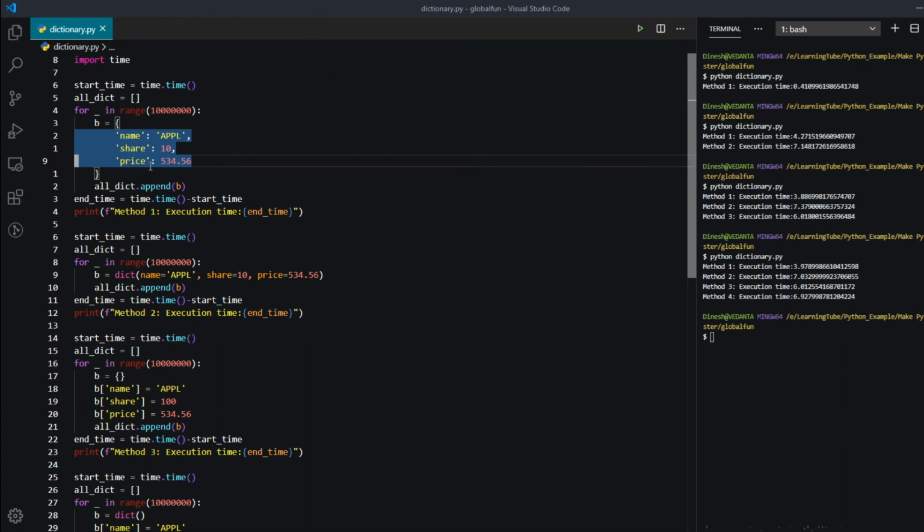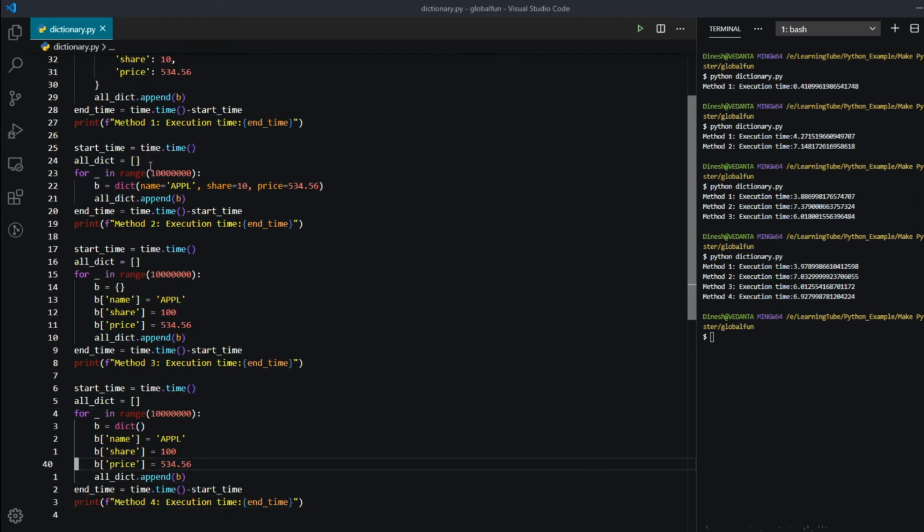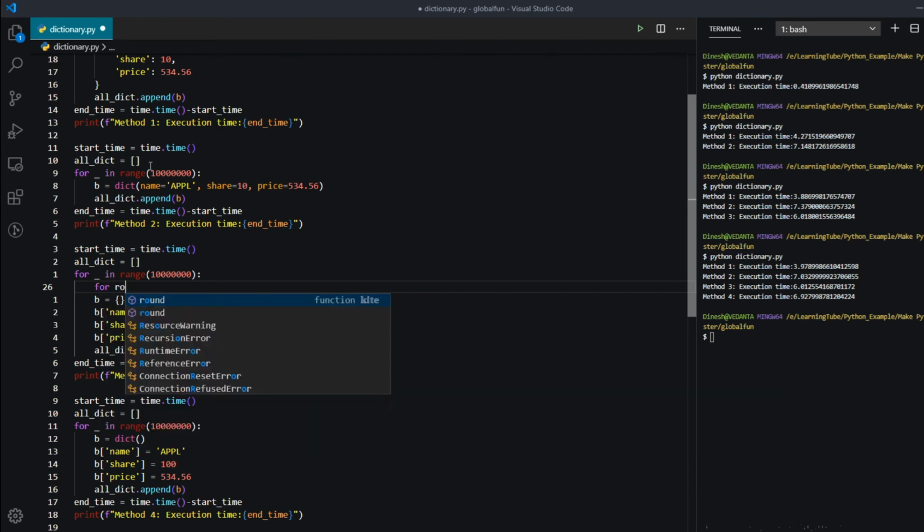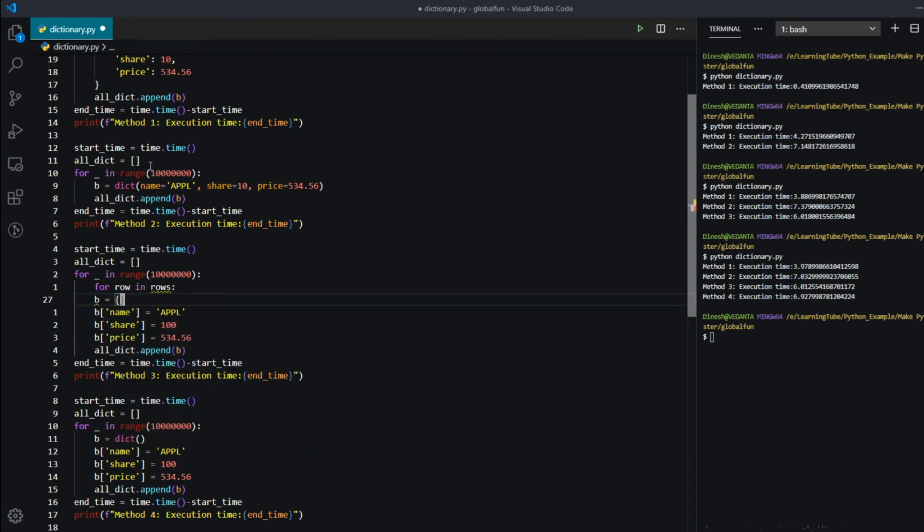But if we don't know the keys and we need to initialize the dictionary, then we can use another method like method number 3. In some cases, let us say I have one variable, rows, and it has all the key values.